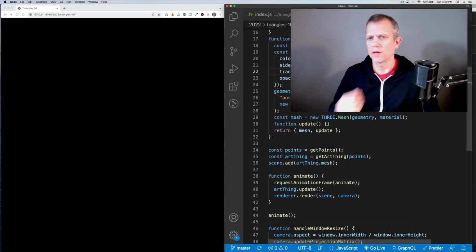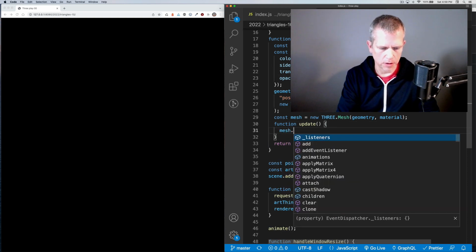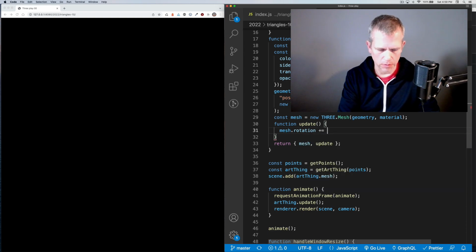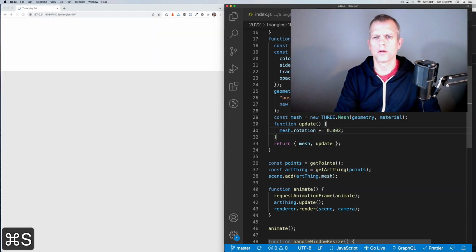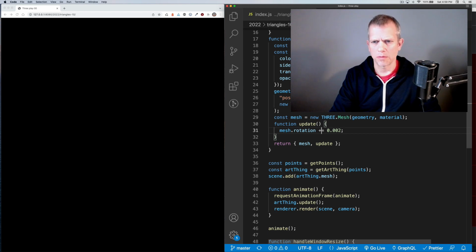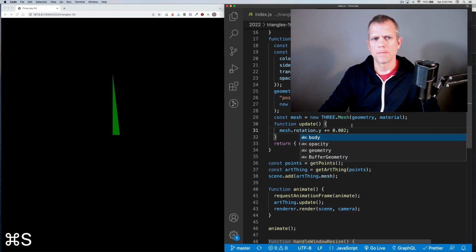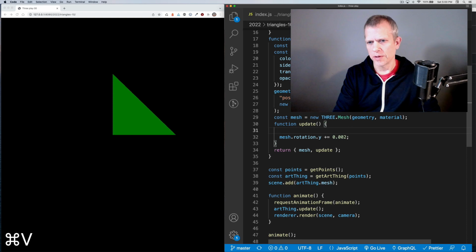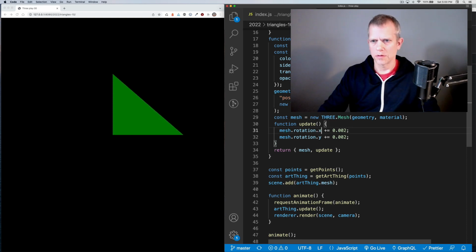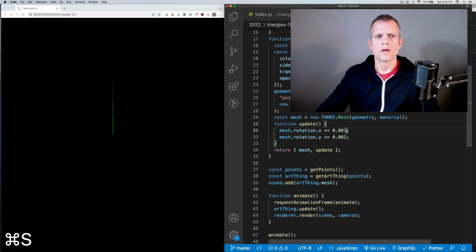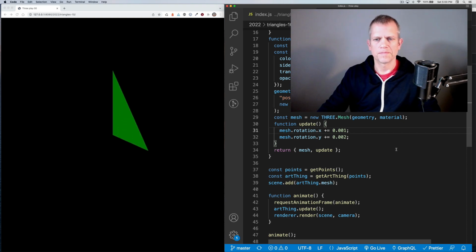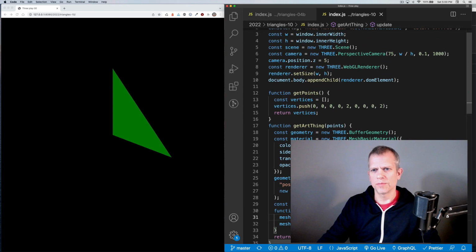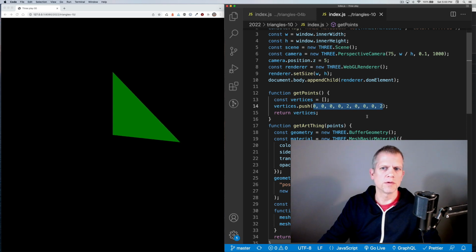Oh, the art thing rotate method. I want to rotate that, don't I? Let's do this. mesh.rotation plus equals 0.002. Oh, rotation.y, sorry. We are basically where we started, but now with some more structure in our code so that we can expand on this more. Now, instead of simply returning an array with 9 numbers in it, which represent 3 points in 3D space,